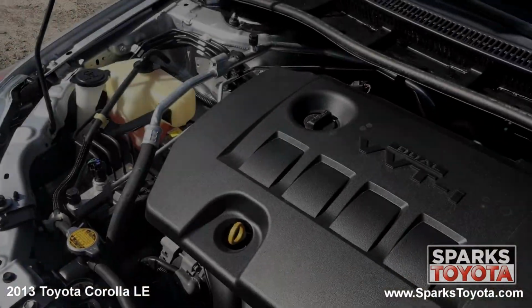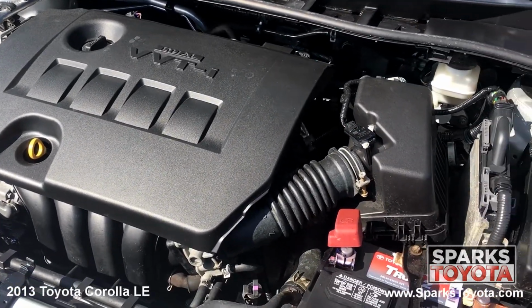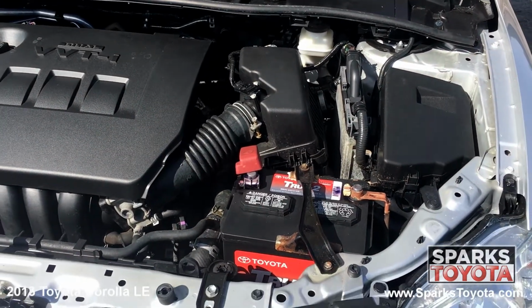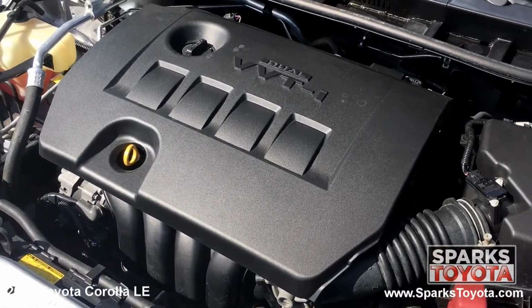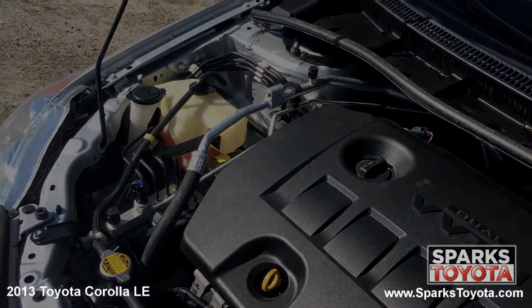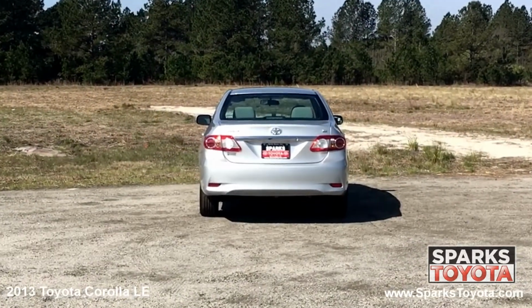Under the hood, you have a 4-cylinder 1.8-liter engine with automatic transmission. This Corolla has front-wheel drive, and it's estimated that drivers will receive an impressive 29 miles per gallon on average. Let's not forget that this Corolla has only 102,274 miles on it. At the back of the Corolla, you can see the large brake lights and the sleek